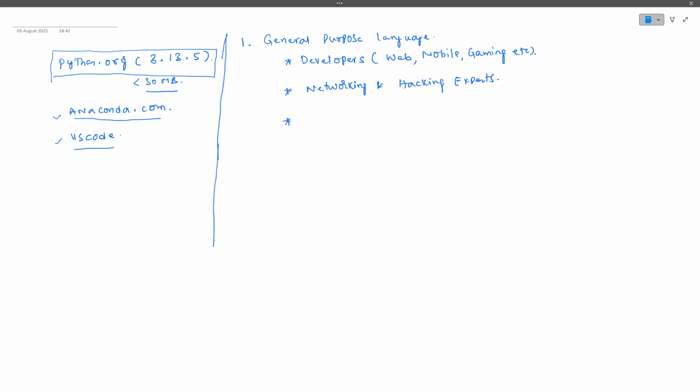Apart from that, even some non-IT professionals like maths and stats experts use it. Let us talk about a few points about them. These mathematicians and statisticians are experts in applying mathematical theories and formulas, and statisticians do a lot of analysis. They are non-IT professionals, and they don't prefer to use computers at all.